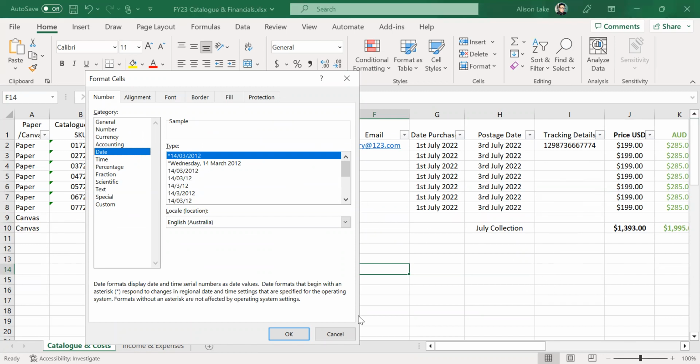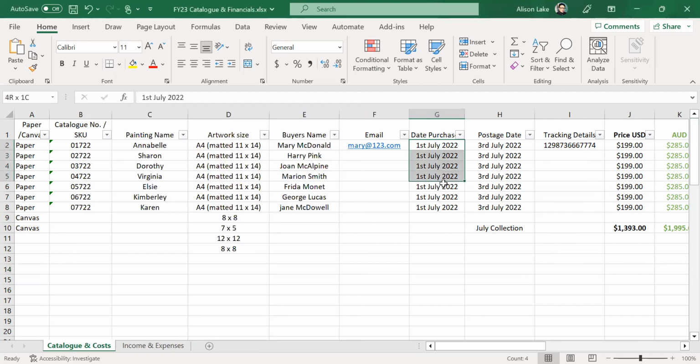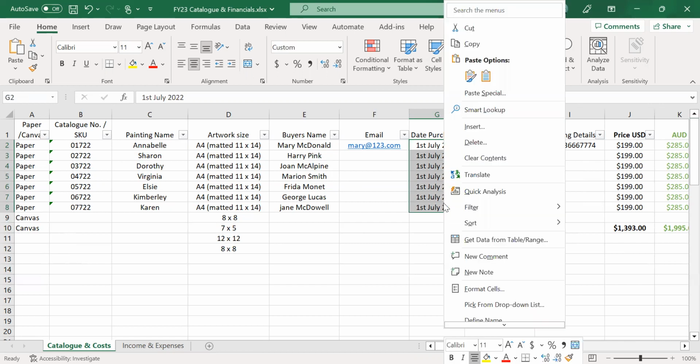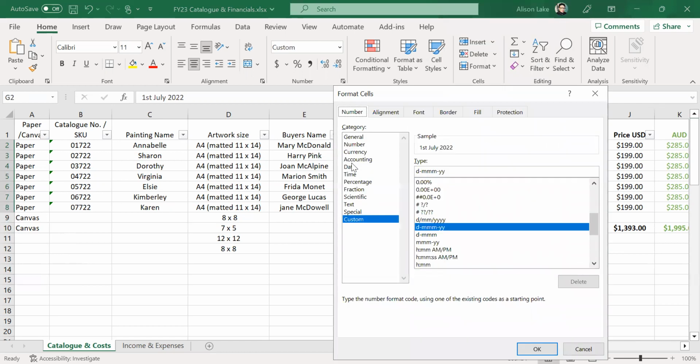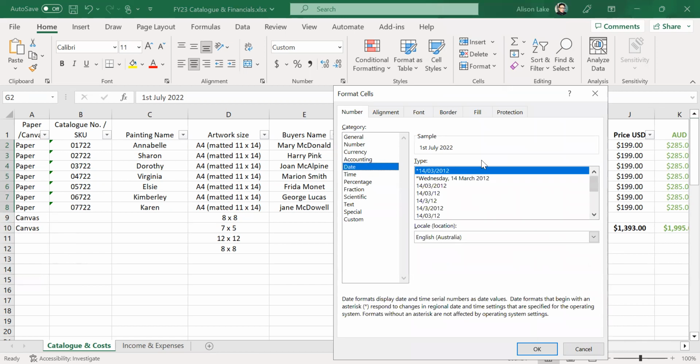So if we wanted to change all of these Julys, I've gone to the first cell, I've held down my left button and I've dragged it all the way down. I've right-clicked to bring up the menu, format cells, date, and I want that date to be,